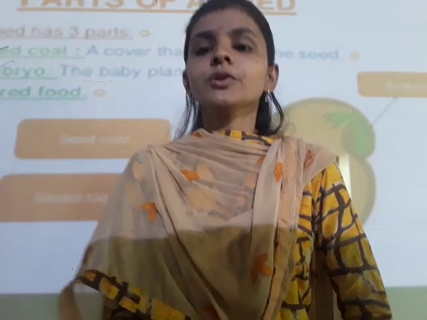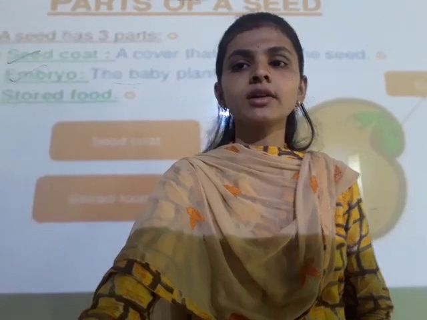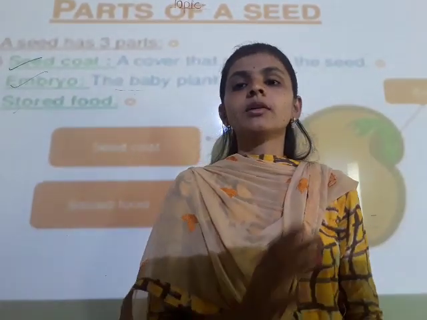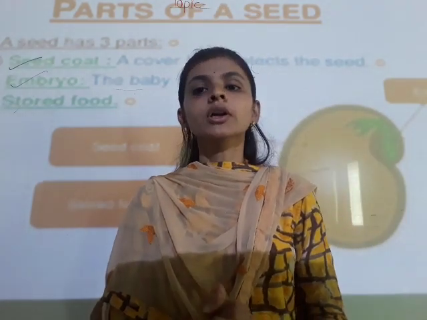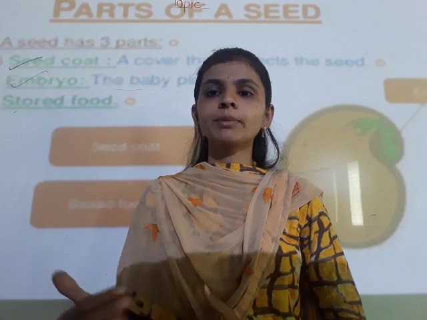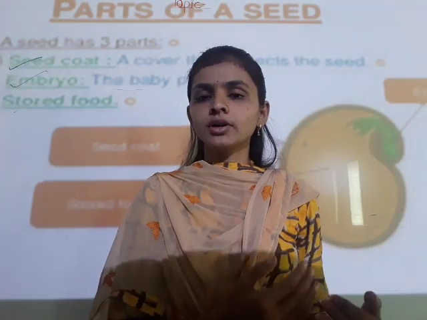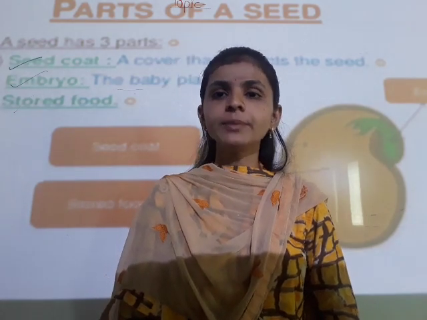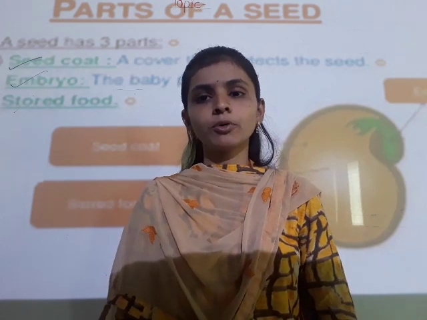Hello everyone. We already started the new lesson, that is growing plants. In that lesson we already discussed that reproduction in plants happens in two ways. One is reproduction through the seeds and the other is reproduction through the body parts of the plant. We also discussed the structure of the flower, the functions of many parts of the flower, and then fertilization, pollination, cross pollination, self pollination.